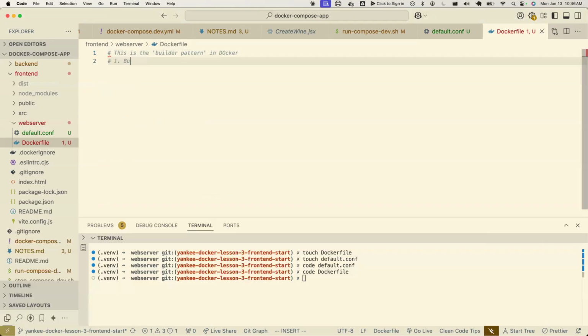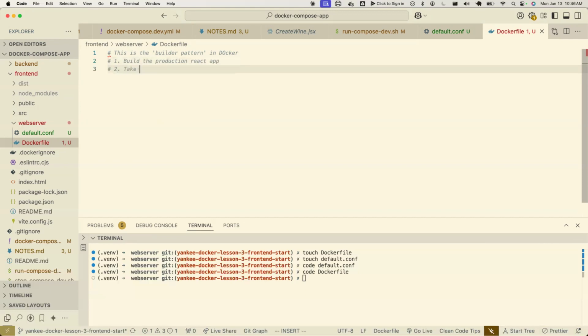One, build the production React app. Two, take that build and stick it in the Nginx Docker image and get rid of stuff we no longer need, like